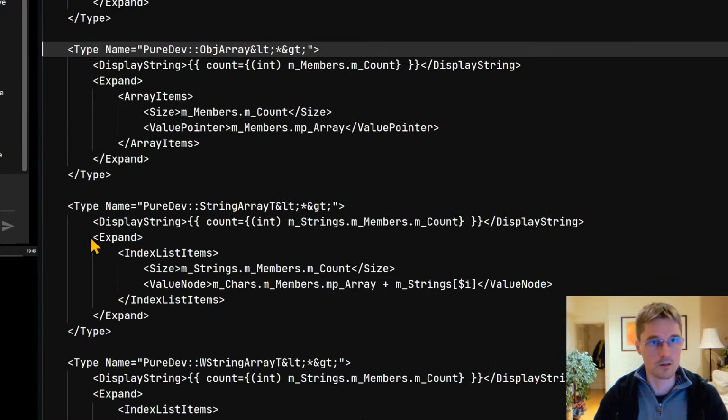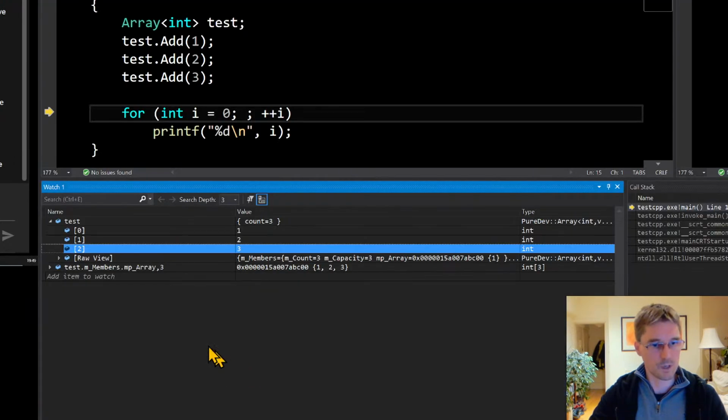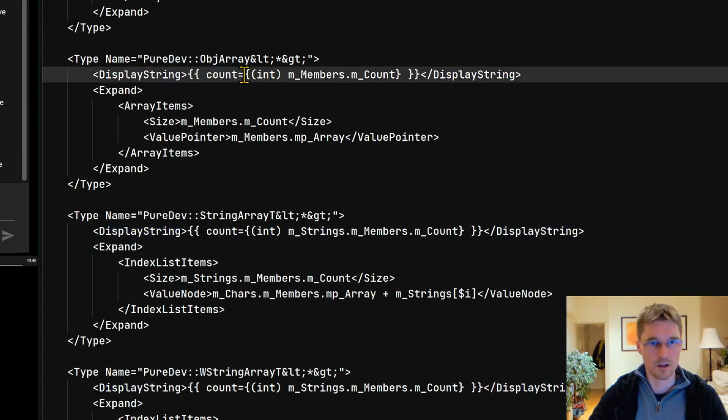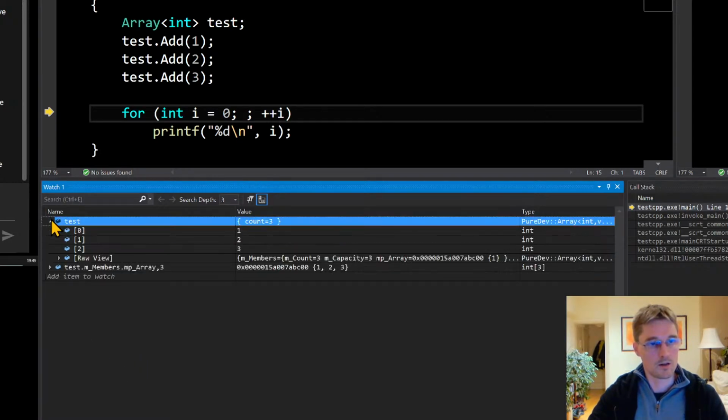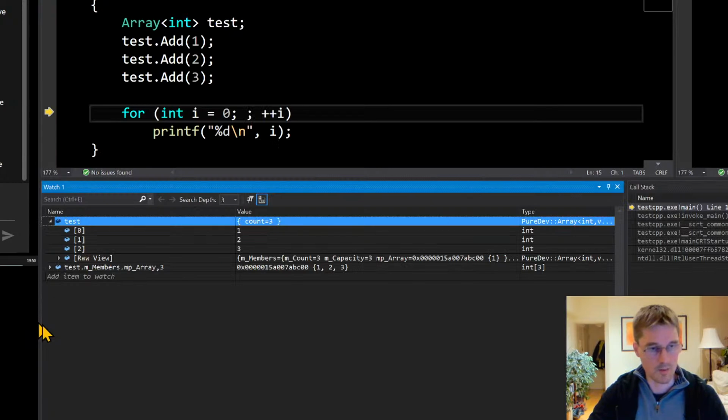Stop zooming. That's what these things do. It just says, this is the display string. So this is what it shows you here. And I just say, I want to show count equals, and then in the curly braces, you just put members.count, and that's what it will show you there. And then when I expand it like this, I just want to show the array members of how many there are. And you just do that by saying array items, that's the count, and this is the pointer to the array. And then the Visual Studio debugger works out the rest and shows you the array members in a really nice